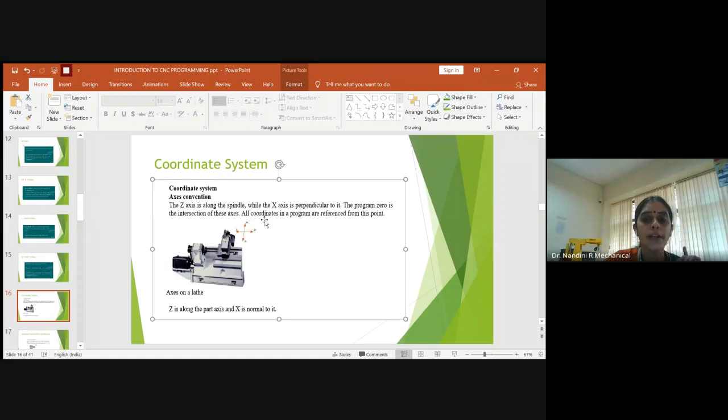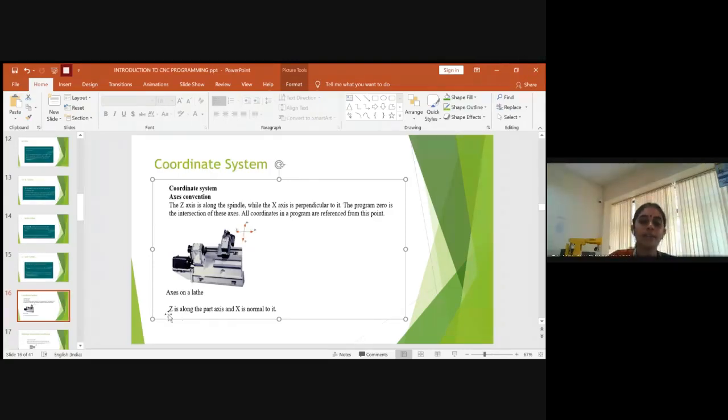So all coordinates in a program are referred from this point only. The intersection of X and Z axis will be referred to as 0. So any dimension, when you start to perform an operation using the tool, will always start from this point 0 only. So that will be considered as our reference point.